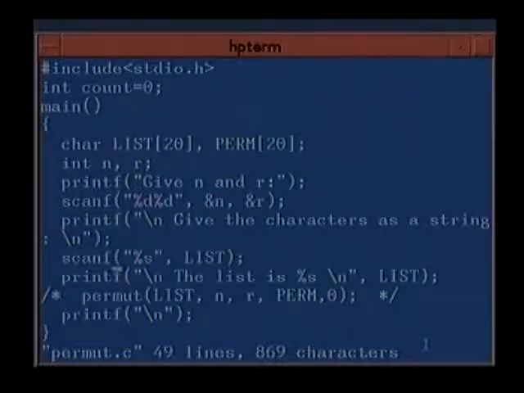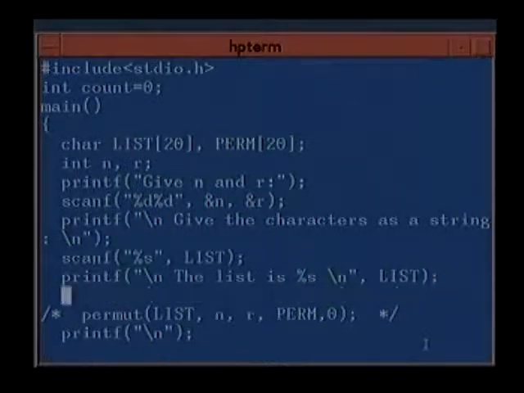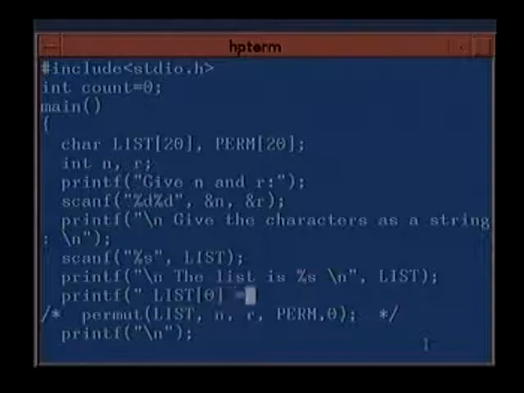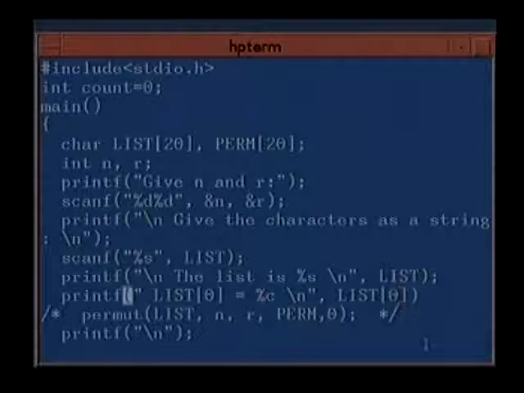Suppose you wanted to print out in %c format, say list 0 equal to %c, and you want to print out the value of list 0, that also you can do and print it out as a character.